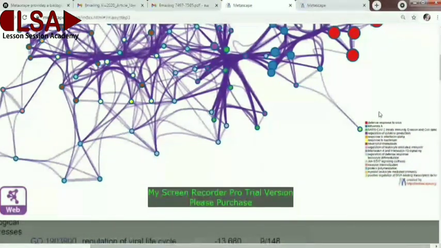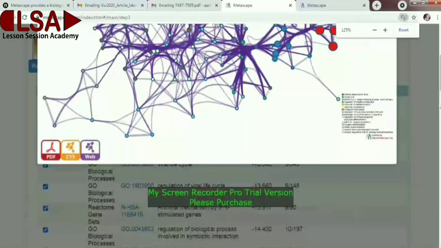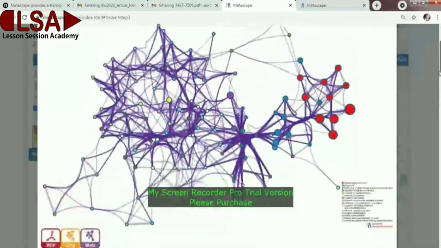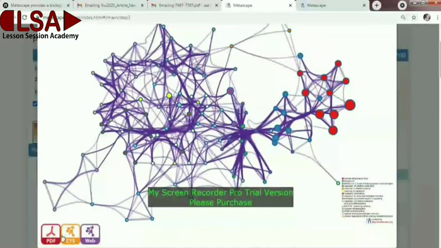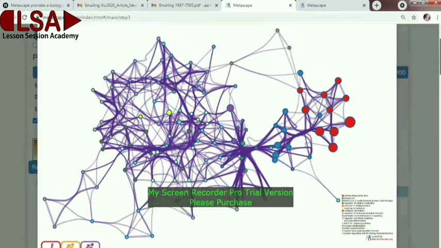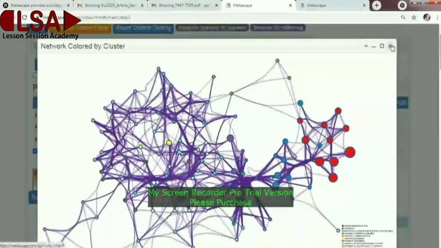You can see here red color is representing defense response to virus, this pathway, this biological process, and blue color represents influenza A, and green color represents SARS-CoV. These are all pathways with different colors in this network, and you can easily download this network as a CSV file or PDF file or web file, and you can use it in your paper or in your studies.